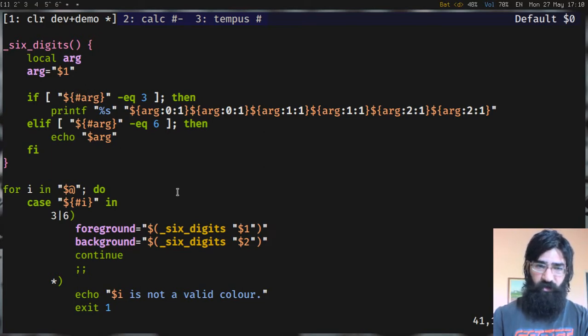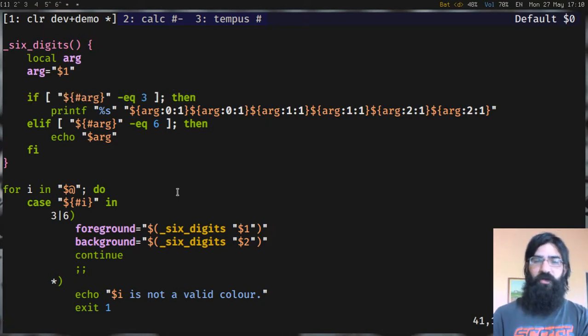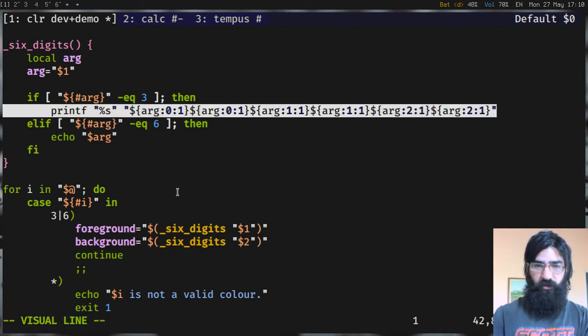This specific thing here, the hash prepended to the name of the parameter, means calculate the length of the parameter. So what this does is check if the length of the parameter is 3 characters long. And if it is 3 characters long, here on the next line,